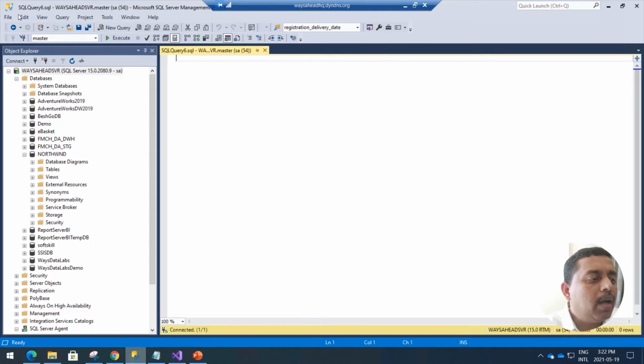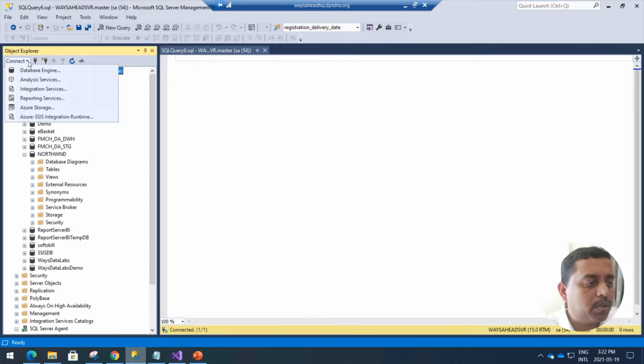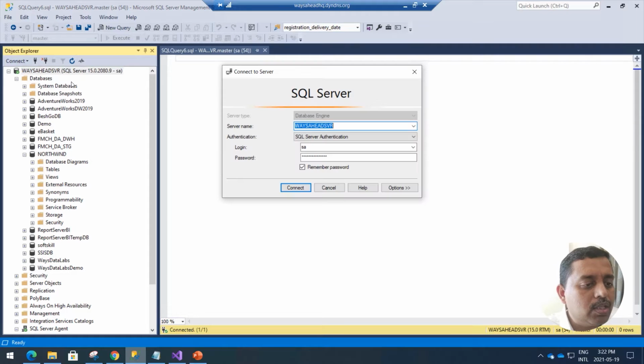So definitely, how do you connect? You connect through this option called Connect, and we go to Database Engine, and you will be given the database engine name and the authentication. If it is a local database like the ones we have on the left hand side, it will have SA, which is the system administrator, and then there will be a password. Now we will be connecting to this particular server, staying here, because it's on premise.